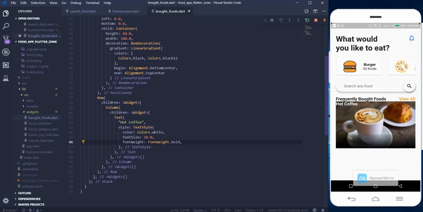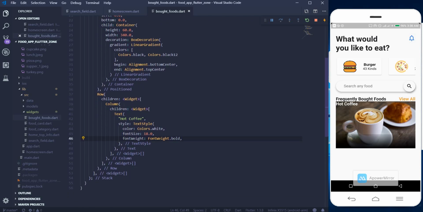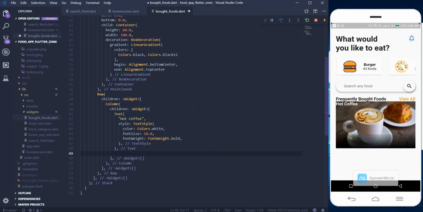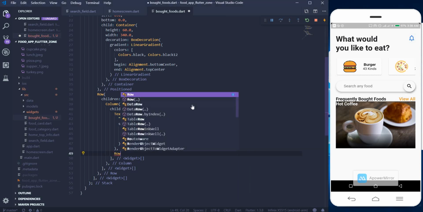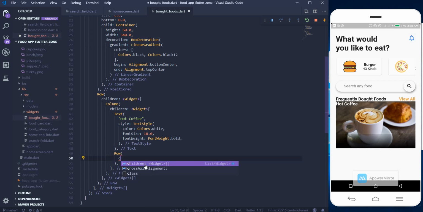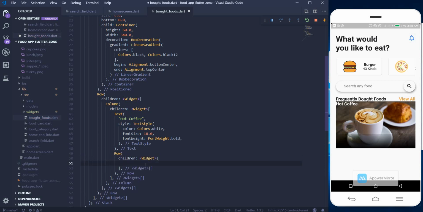Okay, so we also need to create a review. And with the review, I'm just going to use a row, because when you look at the image here, you can see it's just a series of icons. So I'm going to use a row for this. Let's just do that. So we can use a row in a row, or a row in a column, or a row in a row in a row. You can use multiple rows in a row, or multiple columns in a row. So I'll just go ahead and create a row, and then this will take children of the star icons